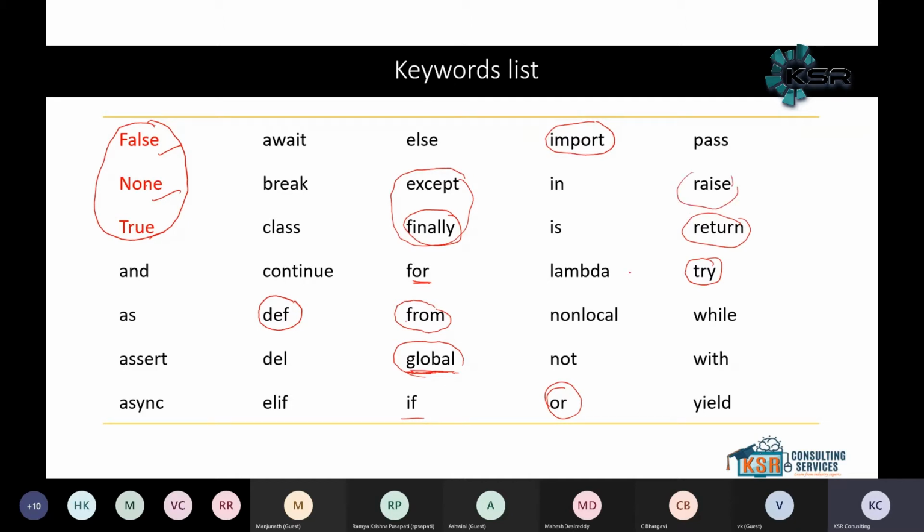Sir, we are not able to understand, we are not able to follow all this. Don't worry. We will explain all these keywords one by one when the topic comes. Okay. Let's see what the different examples are. These are the keywords in the example. Sir, I want to know what the keywords are.